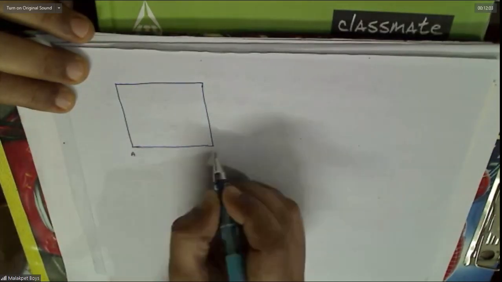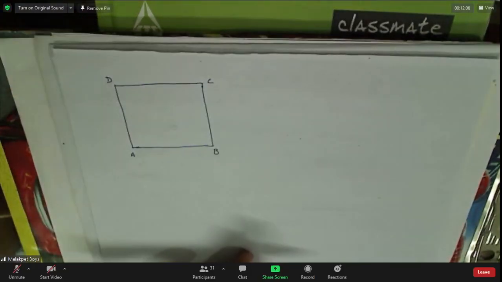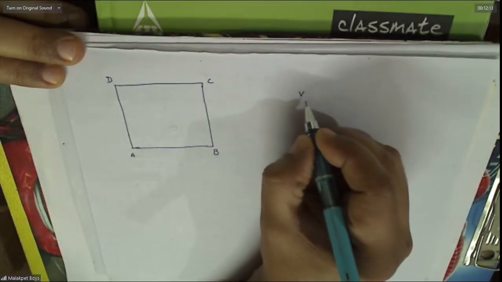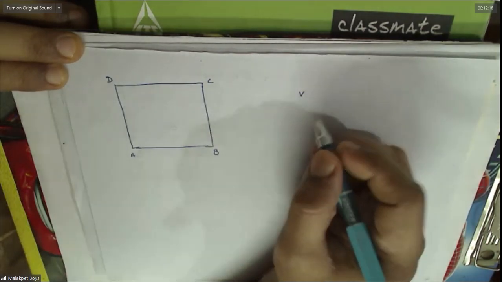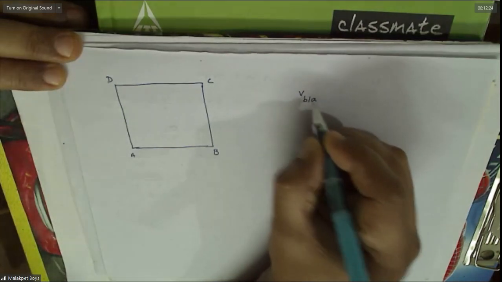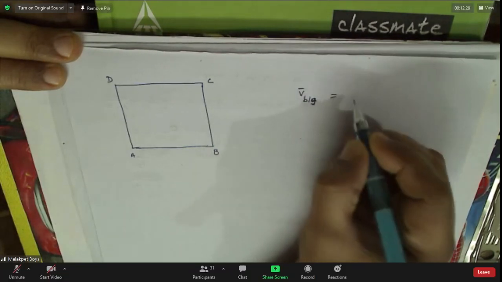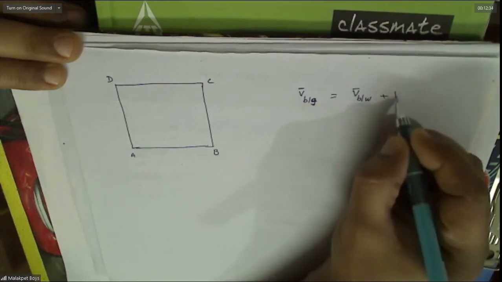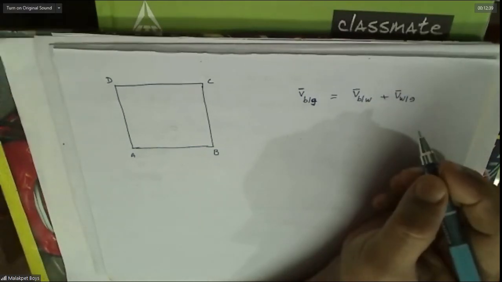See, this is A, B, C, D. You know that distance is with respect to ground, no? So we should find the velocity of the bird with respect to air, and with respect to ground we need, because distances are with respect to ground, no? You know vector addition, no? Yes, sir.